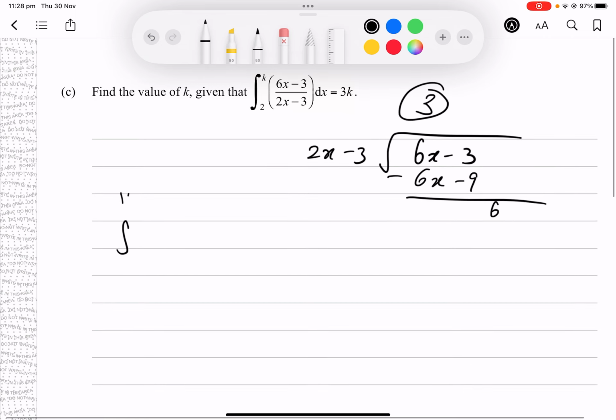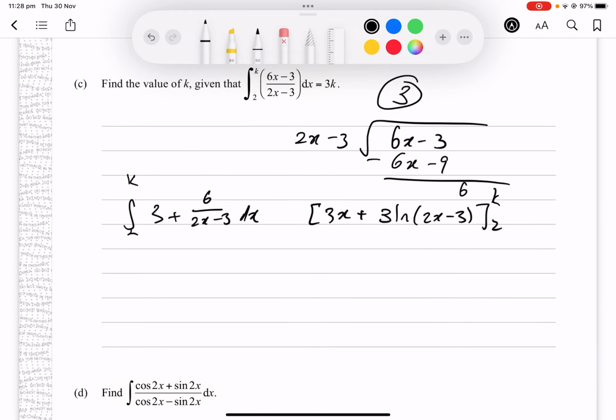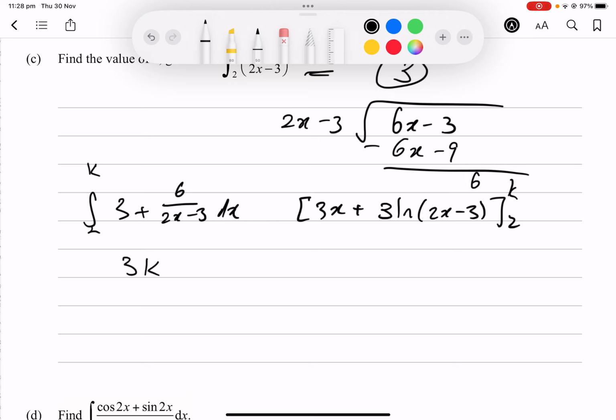So that's going to be the integral from k to 2 of 3 plus 6 on (2x minus 3) dx. And we can just find the integral. So now we have 3x plus, in this case, the derivative of 2x minus 3 is just 2. 6 divided by 2 is 3. So we have 3 ln of (2x minus 3), between points k and 2. And we know that this value equals to 3k. So it's just a substitution game now. So we have 3k plus 3 ln of (2k minus 3)